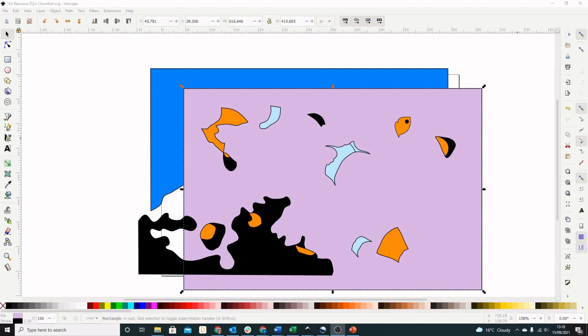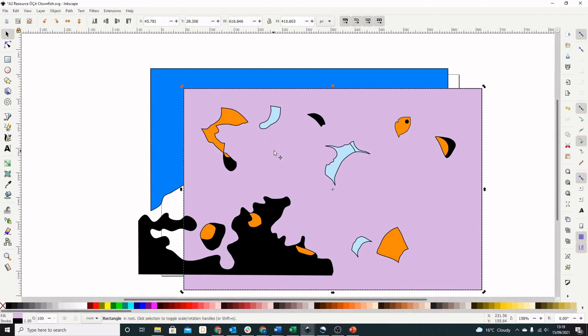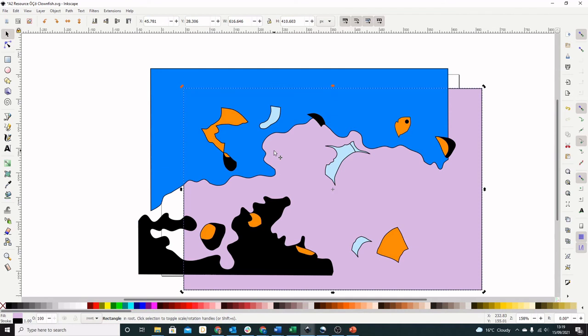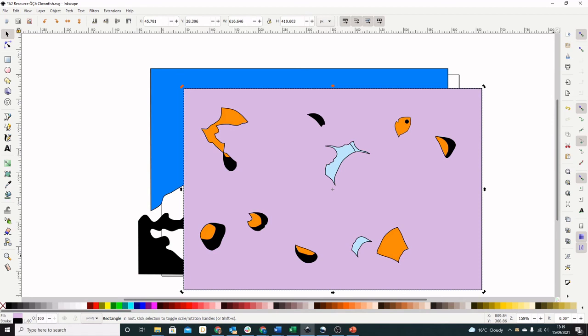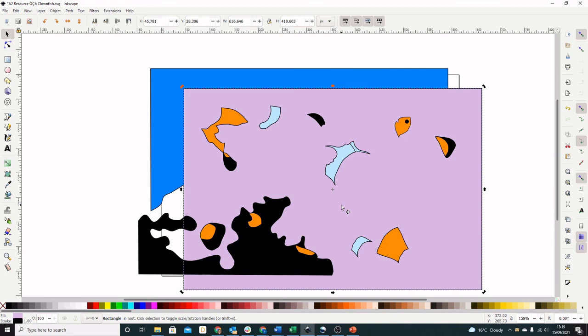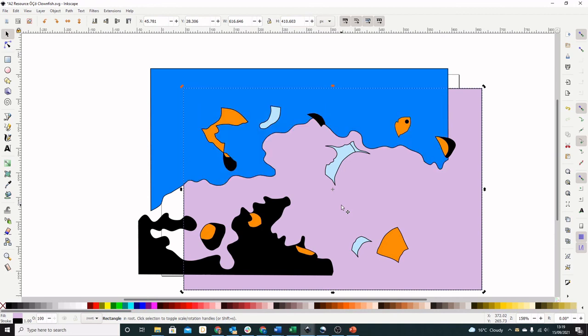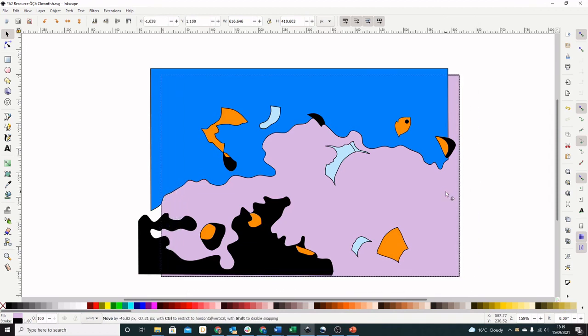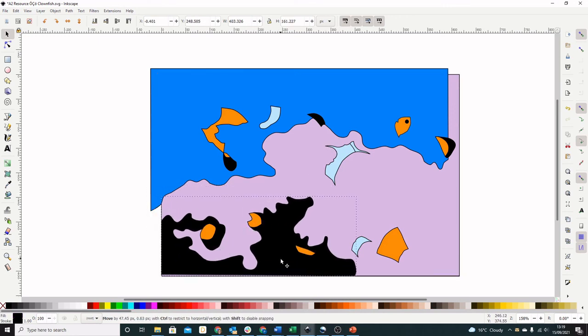Now to move the layers around, you can actually use page up and page down on your keyboard. So as you can see, I'm page down, moving it right to the back, page up. So what I can do is page up to bring it forward, page down to send it to the back. So if I put it completely at the back, and then I can move it into position. Okay, now as far as I know, I think it's completely at the back. And then I can move these into